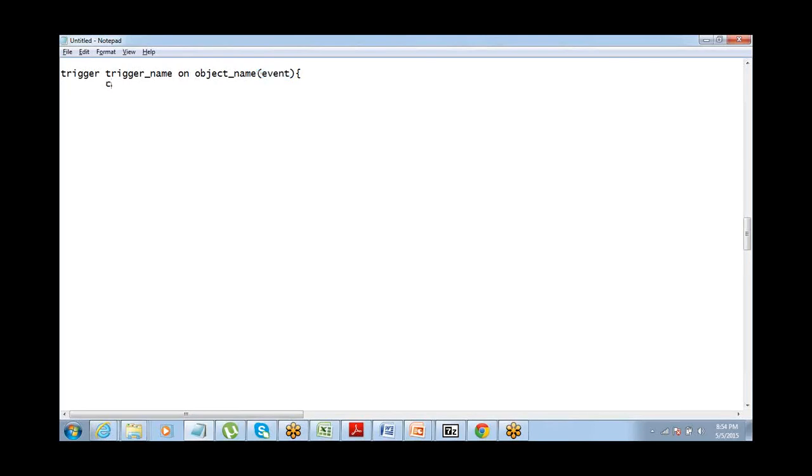Then you write your code block here and then finish it off. So this is syntax. The user keyword trigger, write the name of the trigger, on object name, give the events, and then write your code block here and then just close it. That's it.